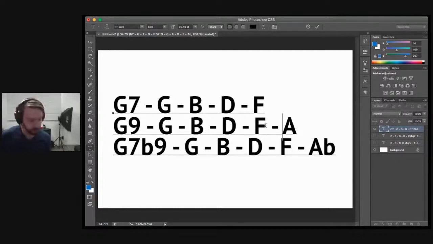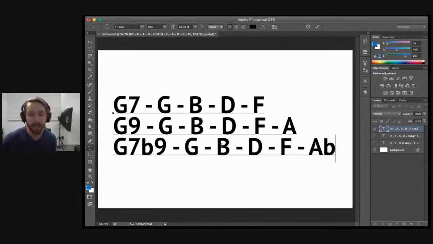So the 9 in this case, this A, is going to resolve down to the G over the C chord. But if you alter this and make this an A flat, it's going to create a whole bunch of extra tension, and a whole bunch of extra resolution as well. We get this sound, and it resolves to there. We've got a half step resolution now versus a whole step resolution, which is in general a little bit stronger. Flat 9 going to the 5th.